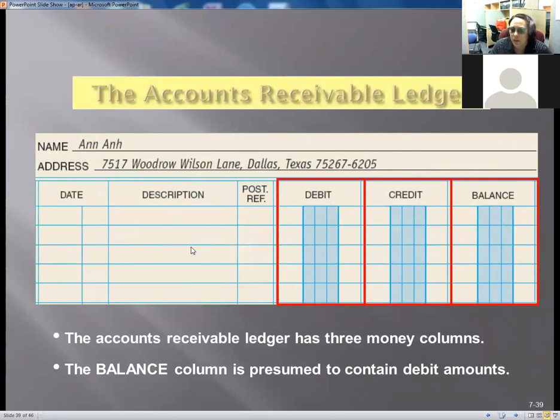You always want to balance it every single time you touch it, because if you don't, then when you do balance it, you're going to have a bloody nightmare on your hands. You might get out of balance and not know where to find it, because it was 10 years ago that you forgot to balance it, and you're looking through 10 years of transactions trying to find one little transposed number. So always, always, always balance it every time you do a transaction.